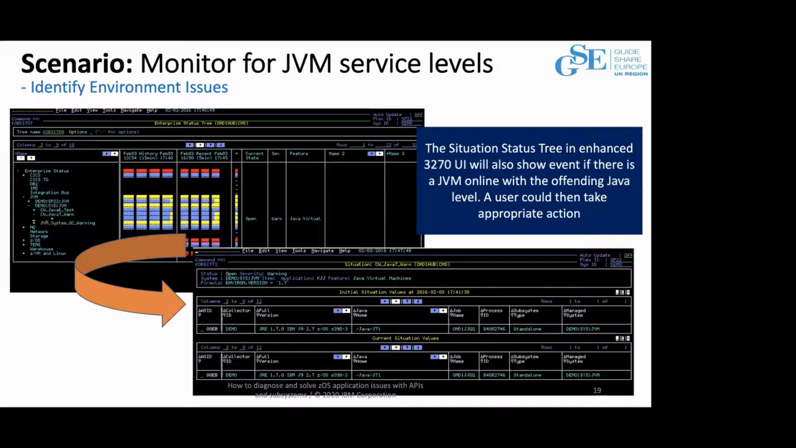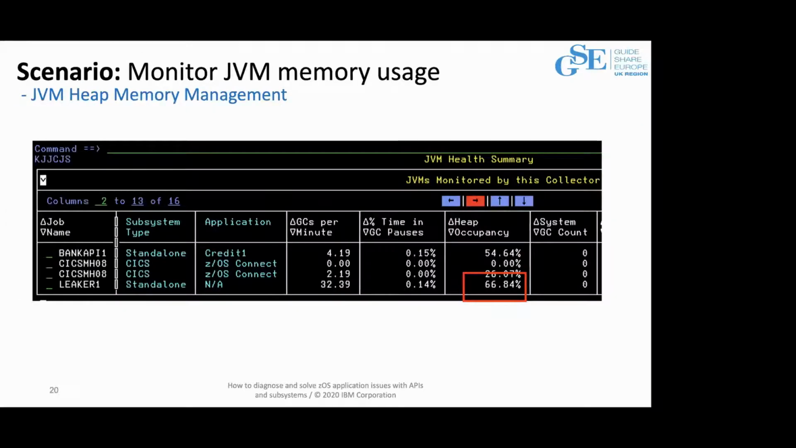Similarly, the same situation is available in the enhanced 3270 UI, the other user interface I mentioned earlier, which we'll tend to use in most of our scenarios going forward. But here you can see the same example. You see that the situation fired and the event results are in the screen below. Okay,